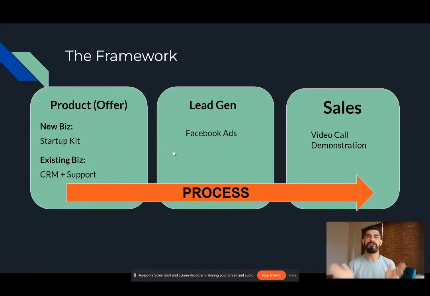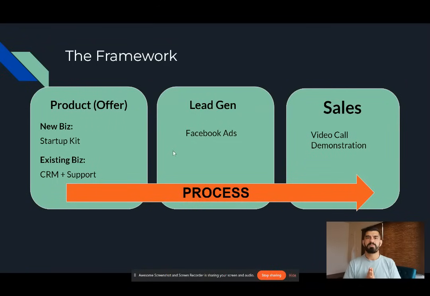Okay, so here's the framework that I used. The product that I was offering, I started advertising, and the net that I was casting typically got two main types of customers, two main types of prospects. Even though I was marketing towards one or the other, when I cast my net on my Facebook ads, I was typically receiving both of these kinds. I was receiving new businesses and I was receiving existing businesses. And so I created a product that I could tailor depending on who I was speaking with.